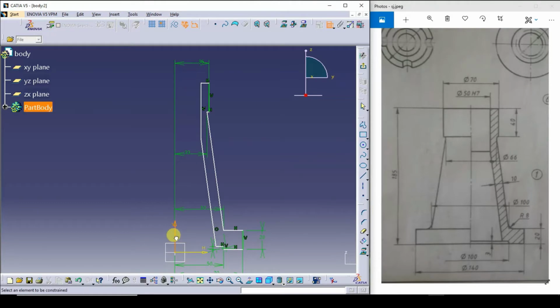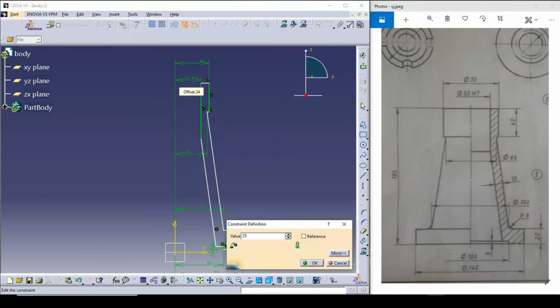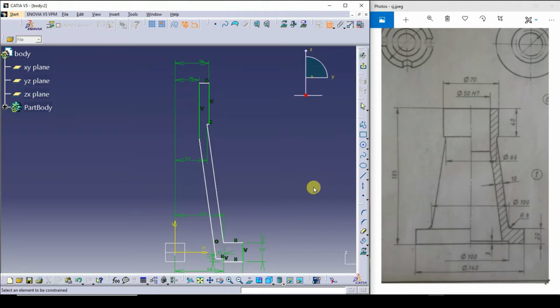Next, from here to here it is 50. So half of 50 is 25. Next, I given all the dimensions. Next, I need to give the one more dimension, that is the height. Height is 185.